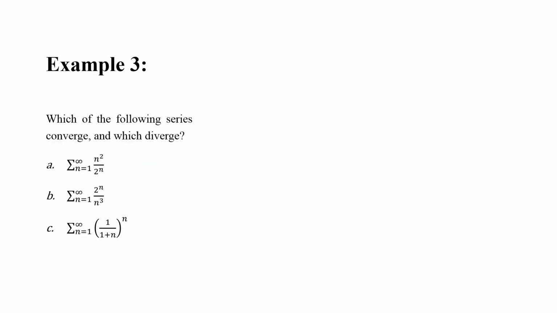So here are a few examples. Which of the following series converges and which diverges? We are going to use the root test. So first case, let's try and then we'll reveal the result. I'm going to try part A. So a_n is equal to n square over 2 to the power n, right? So the absolute value of a_n is going to be n square over 2 to the power n,